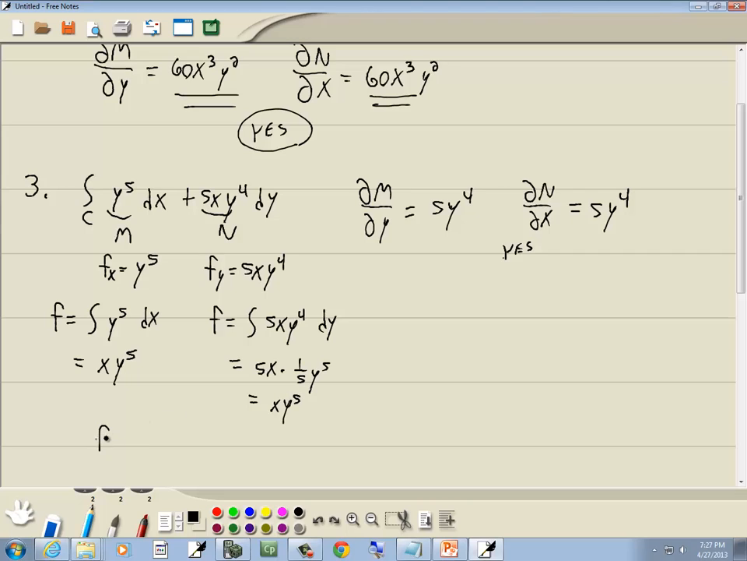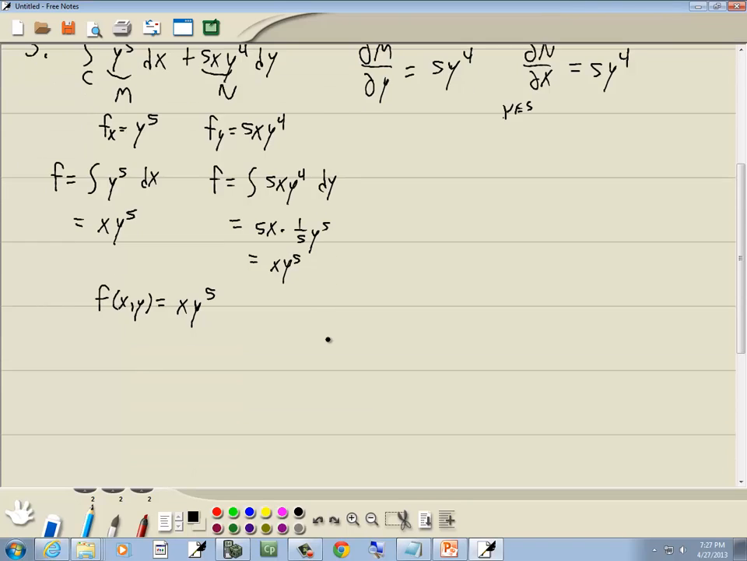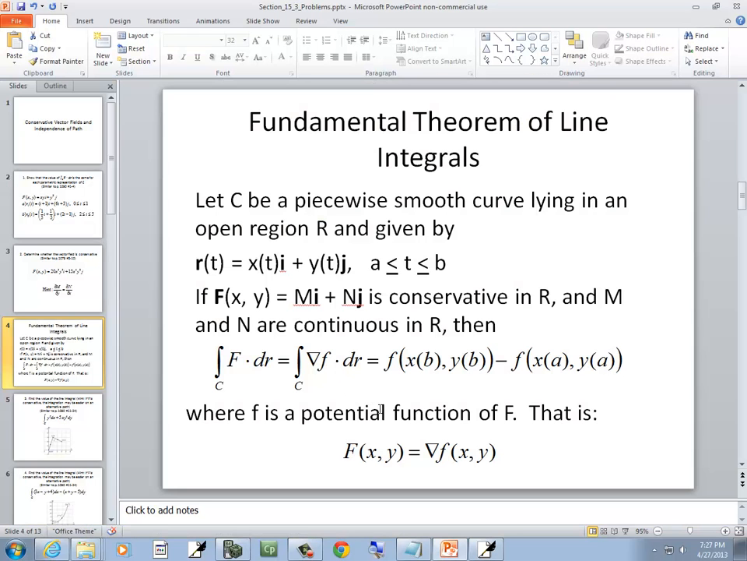Now to find our function, what we do is we merge together these two right here. And if any of them repeat, see how these both have x y to the fifth? We don't write it down twice. So our potential function is x y to the fifth. Okay, that's this first part. You find your potential function, and then